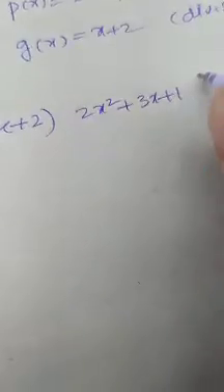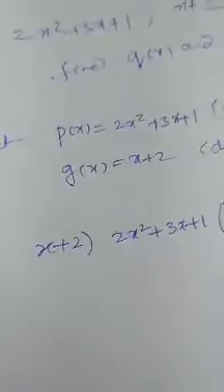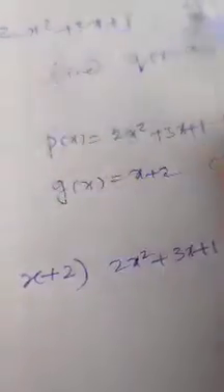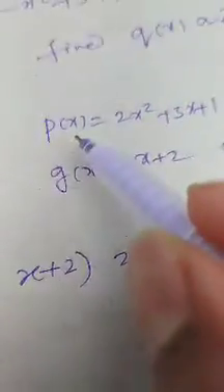Okay, now how will we divide the numbers? In the same manner, we can divide polynomials also. So I am taking the divisor here and the dividend here, 3x plus 1. And one more thing, remember: when two polynomials are given, when you are taking p of x, g of x separately,